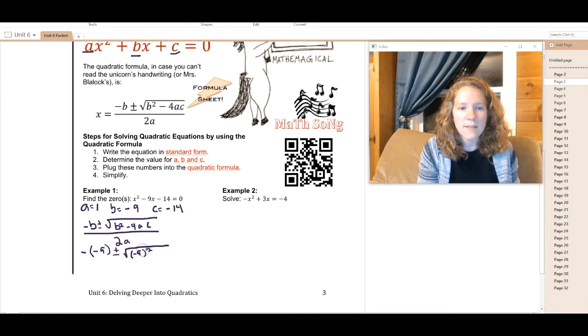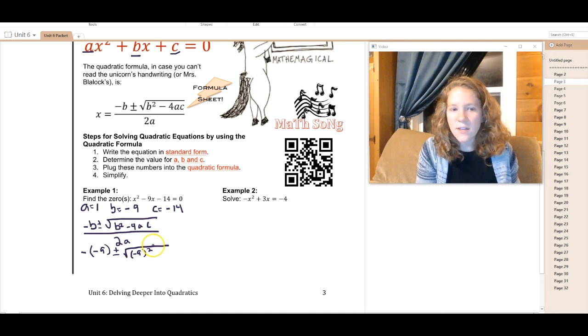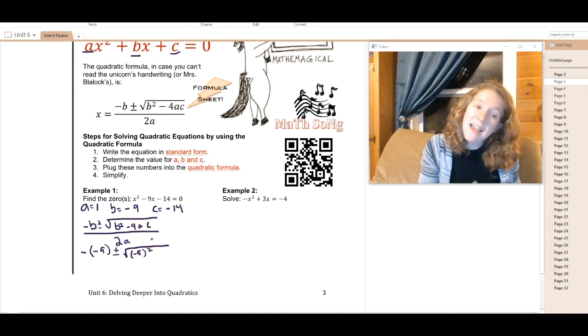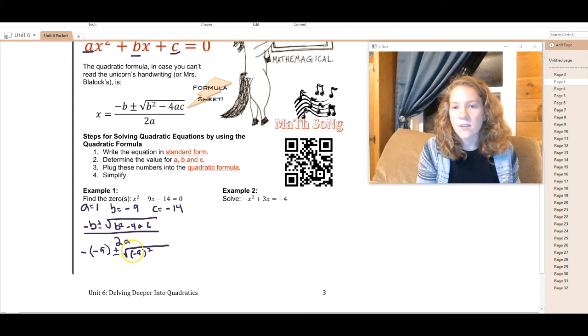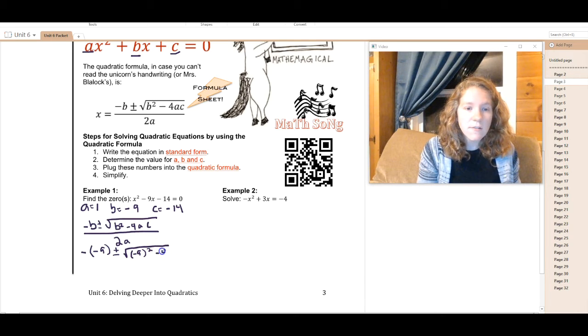Put that in parentheses because you're probably going to use your calculator for this, and that's fine, but you've got to make sure that you put this in parentheses. Otherwise, the calculator is going to tell you that -9 squared is -81, and you're going to get the wrong answer. And then I have minus 4